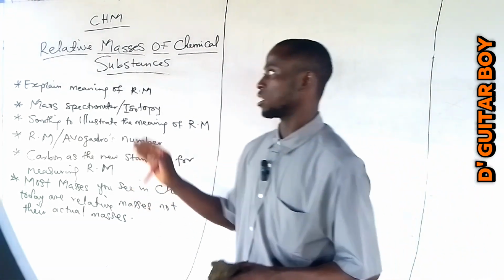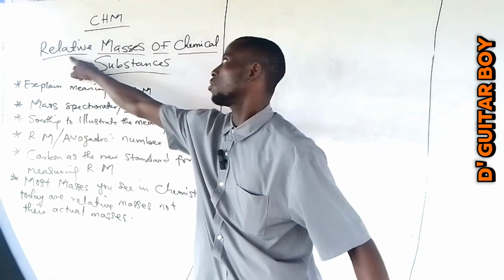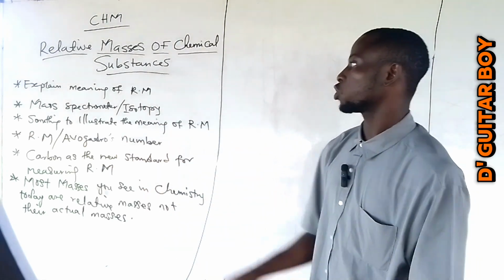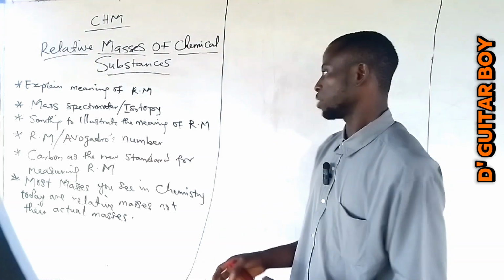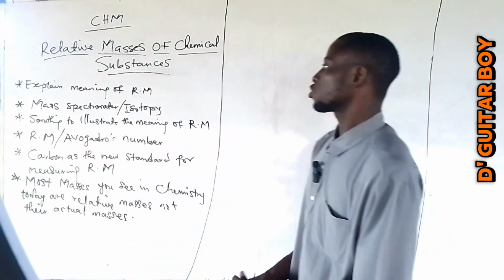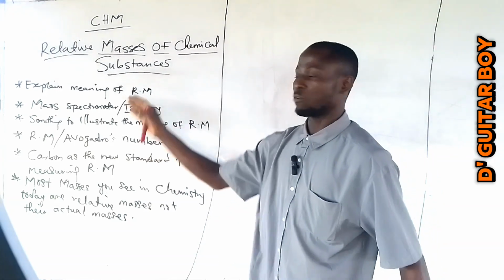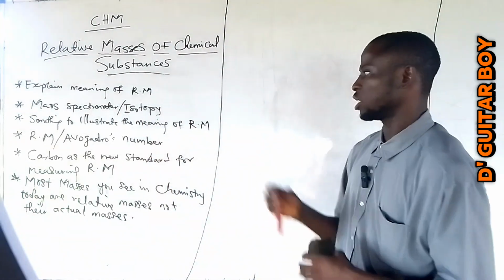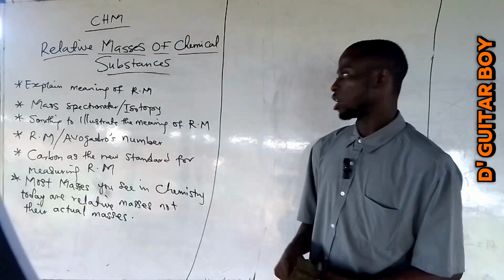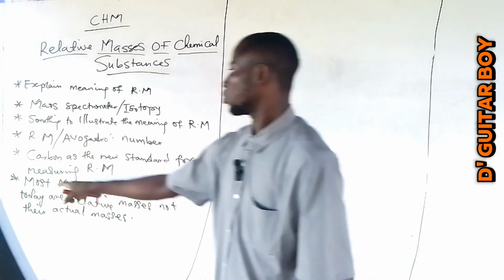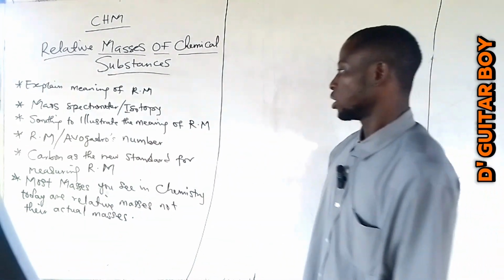So first of all, I will explain the meaning of relative mass (RAM). Then talk about mass spectrometer and isotopy. Then use something to illustrate the concept of relative mass. You are going to see how I'm going to do that. Then we also talk about relative mass and Avogadro's number. Then we'll talk about carbon as the new standard for measuring relative mass. Then the last one,